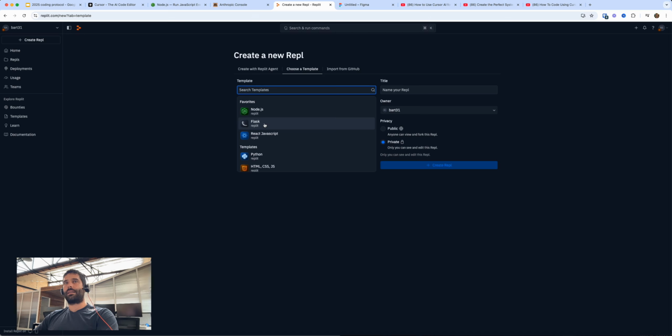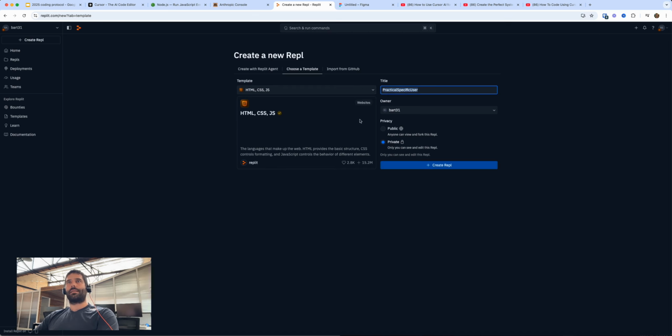So you have a Python app if you want to build an app in Python, a JavaScript app if you want to build an app in JavaScript. You have a very basic template for HTML, CSS, and JavaScript if you want to build a website. So for our use case, let's say we want to build a website. And by the way, in my personal experience, 99% of the stuff I build is on Node.js. Web apps on Node.js, automation scripts, all on this. When I click this, you can choose your name, choose your settings. I typically leave it private, and I click Create REPL.